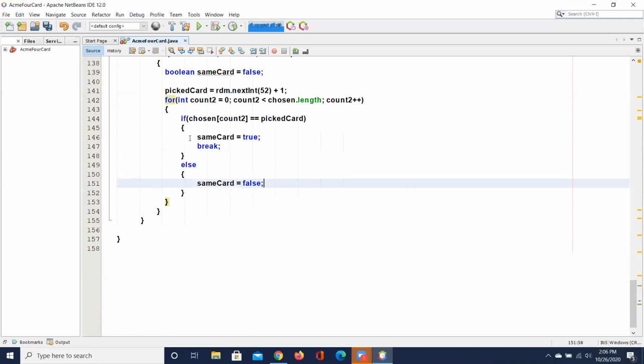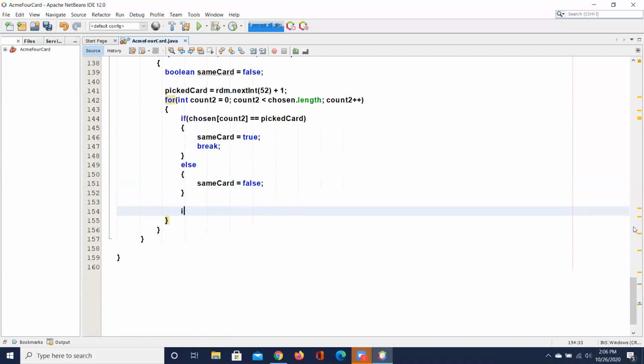And then there, if not same card. In other words, if it's false,